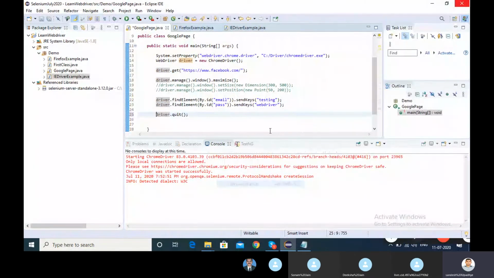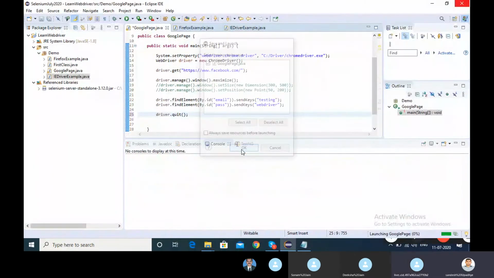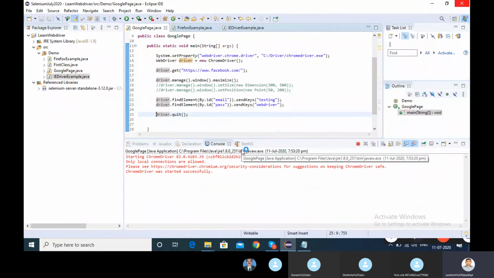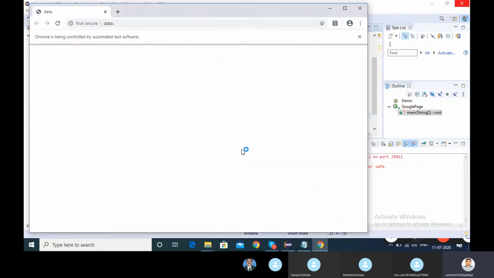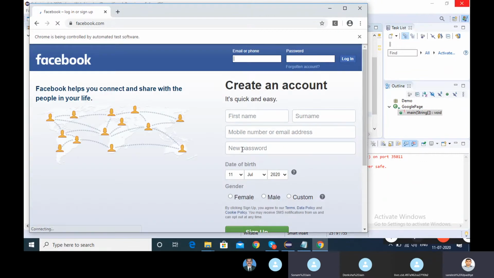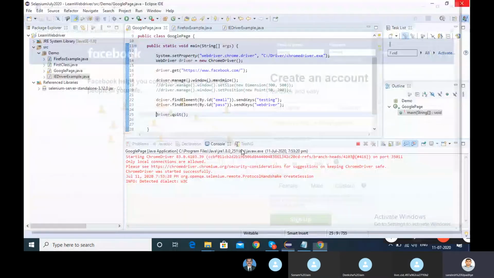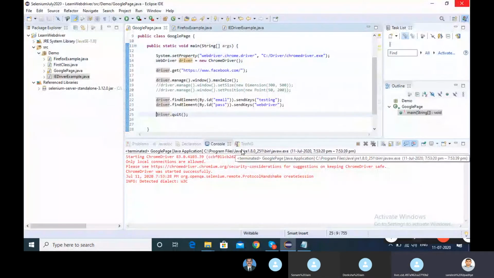So someone, I think Sonal, asked me how to wait for some time, right? Selenium works very fast. It will open, maximize, enter the values, and close within a fraction of a second. Now I connected via mobile, so it will be a little bit slow, but if we have fast internet connectivity, it will work and close as well.